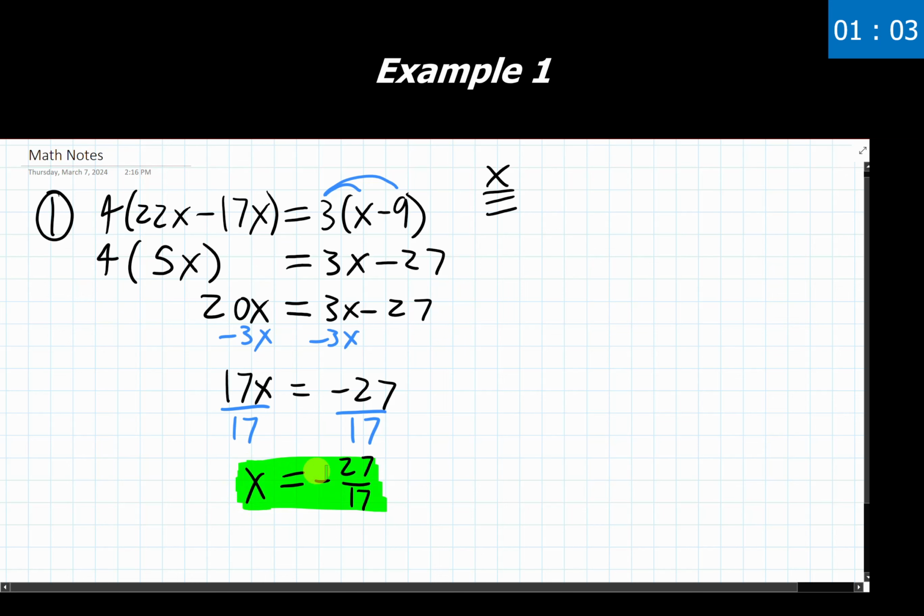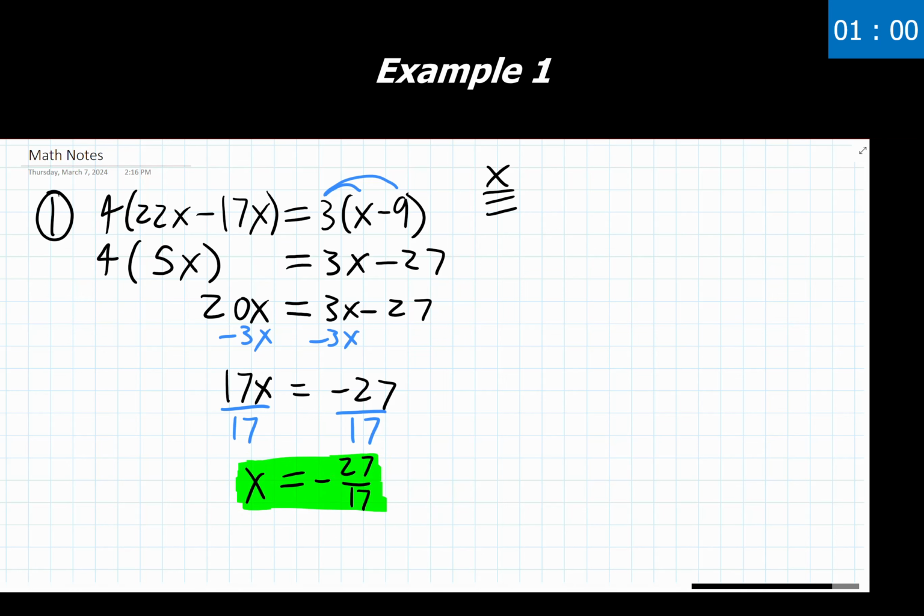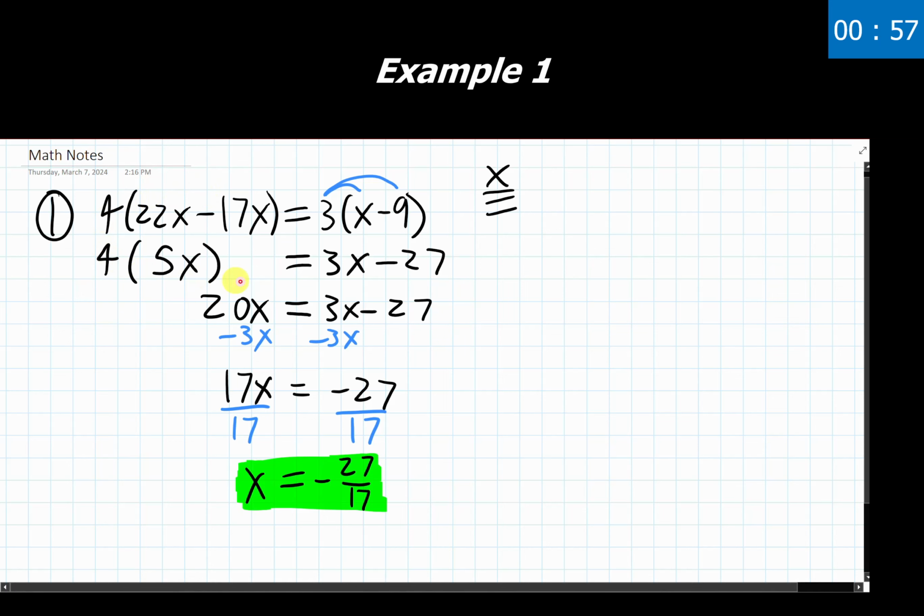A couple of final pieces to note with this. When we are simplifying like we're doing up here, we are not actually changing and manipulating either side of this equation. I am simply rewriting this left side from this complex form into a simpler form. I'm rewriting this right side from this form into a simpler form here. So once I have fully simplified things down, then I actually start adding and subtracting stuff back and forth. A lot of people have questions about this: I'm multiplying a 4 here, why am I not multiplying a 4 here?